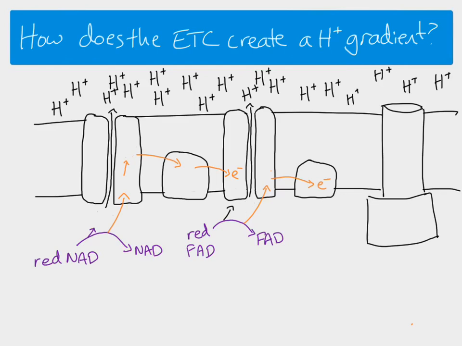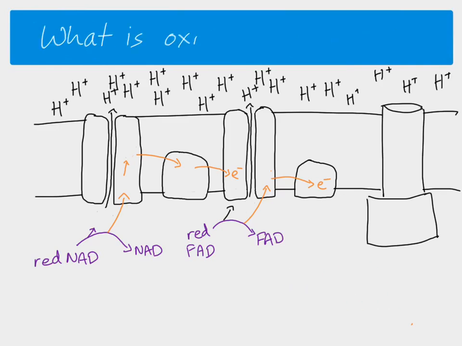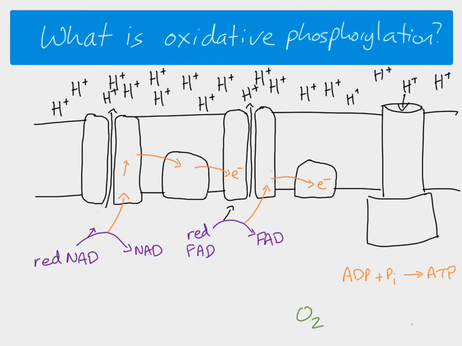Okay, so now chemiosmosis can happen. Chemiosmosis is when we've got an electrochemical gradient, which means a high concentration of ions here and a lower concentration down here. So oxidative phosphorylation is the idea that we're going to phosphorylate ADP to form ATP, and we need oxygen for that to happen. So our hydrogen ions are going to move through the ATP synthase, and the electron is going to combine with